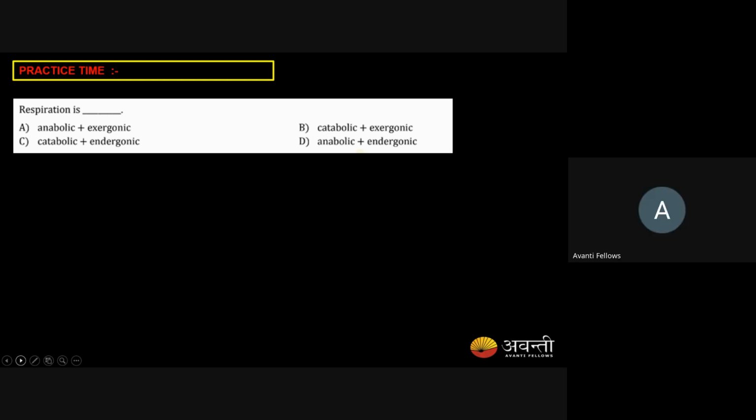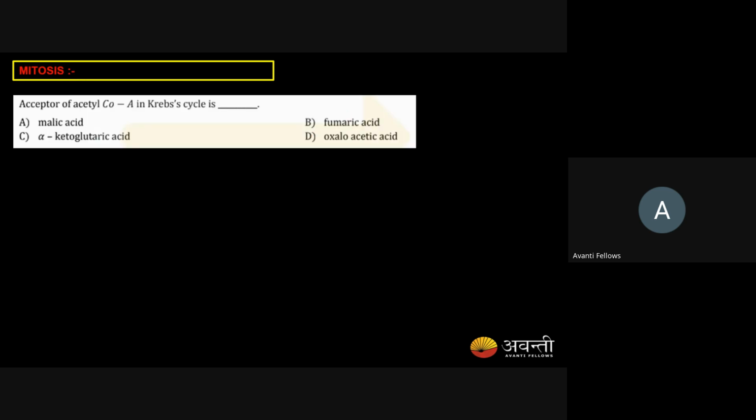So we can ignore our anabolic steps. Just find it out. Is it endergonic or exergonic? Endergonic means energy consuming. Exergonic, yeah, exactly, because it is giving us energy in the form of ATP. That's why this is an exergonic reaction. Next question. The acceptor of acetyl CoA in the Krebs cycle is